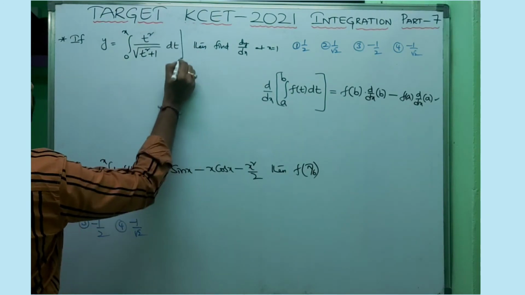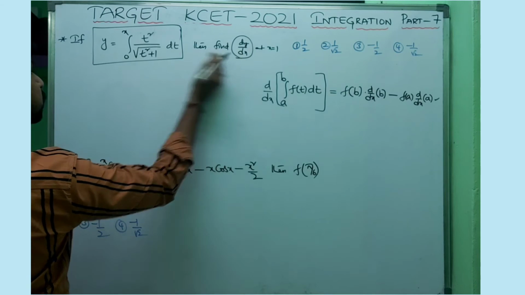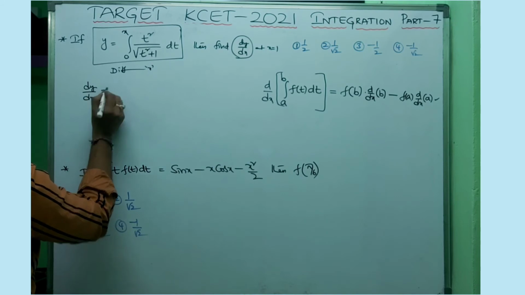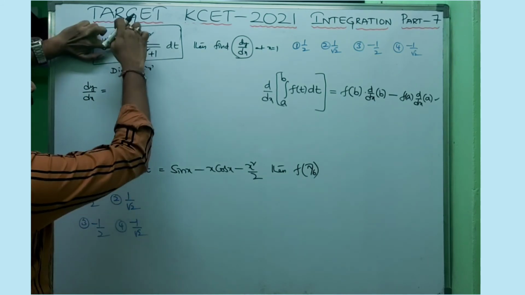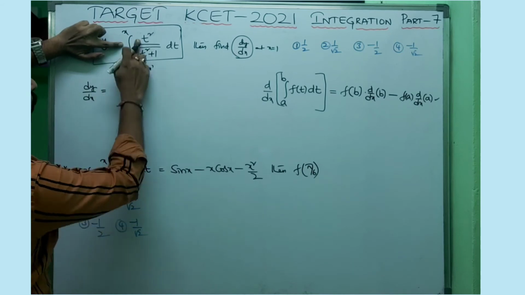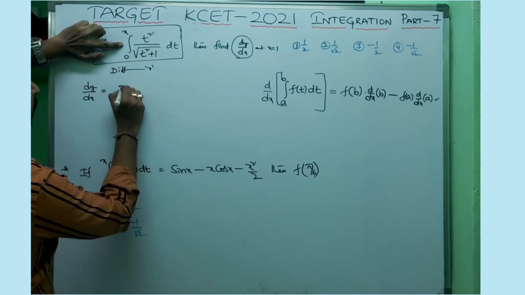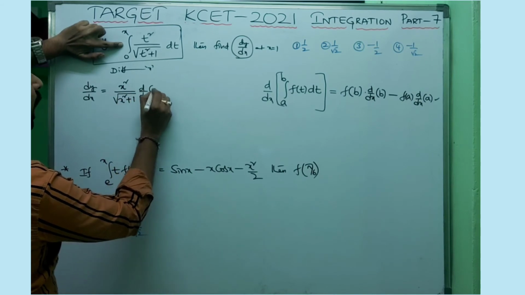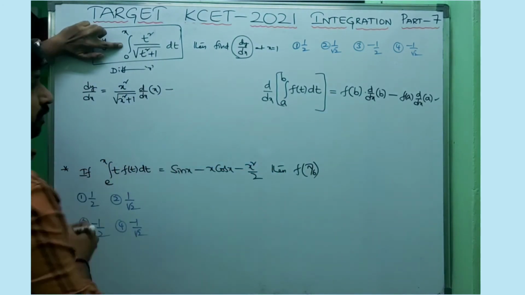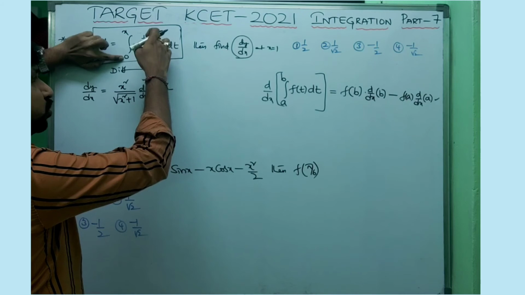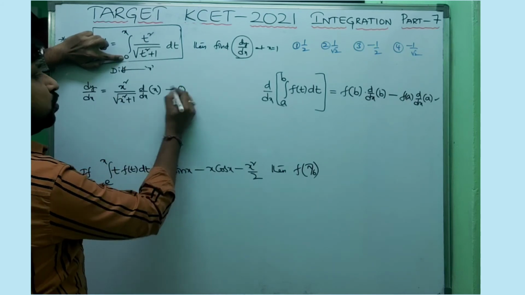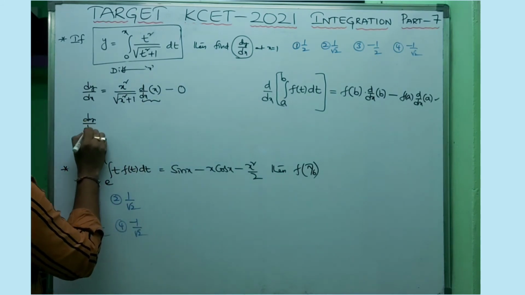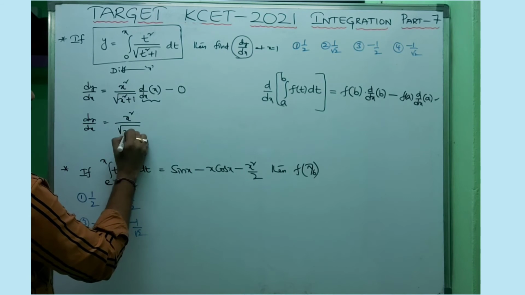Now coming to the question, you can understand it nicely. Please observe carefully. Now I need to apply differentiation for this step, so I need dy by dx. y is given, so differentiate with respect to x. So dy by dx is equal to: applying the derivative, the upper limit given is x. Substitute that upper limit in the function. That is x square by root over (x square plus 1) into d by dx of the upper limit, as per the formula. Minus, next you need to substitute 0: 0 by anything is 0, and of course the derivative of 0 is also 0, so you don't need to write it. Now the derivative of x is 1. So dy by dx is equal to x square by root over (x square plus 1).